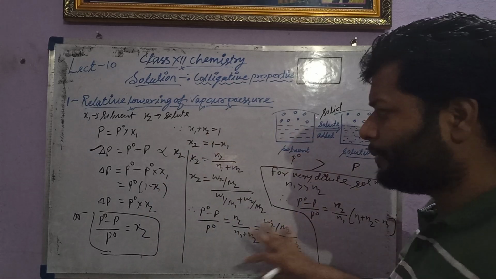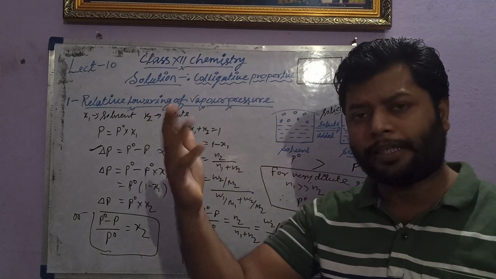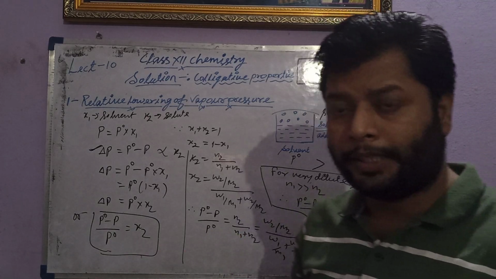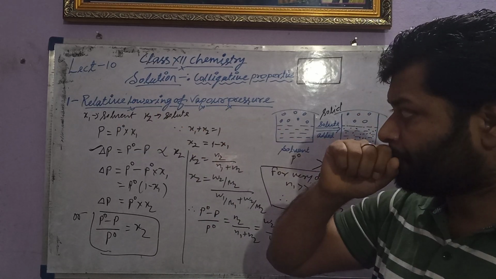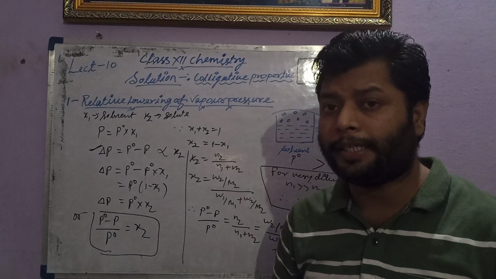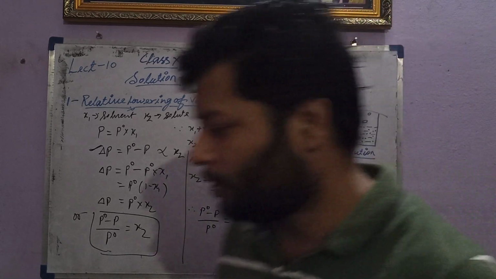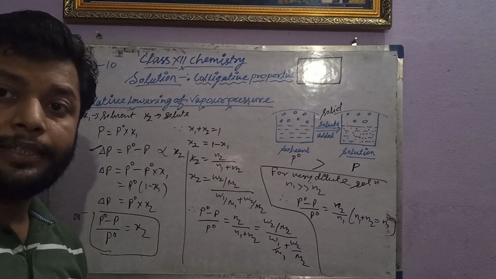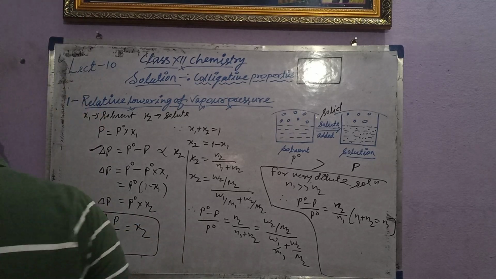So there are some numericals based on this topic that you can solve. We'll solve some numericals in the upcoming lectures. First we will conclude the sum of the colligative properties, then we'll solve the numericals. Now I'm going to evaluate the formula for the second colligative property, that is called elevation of boiling point. So let's start the second colligative property. If you want, you can take a screenshot of the lecture.